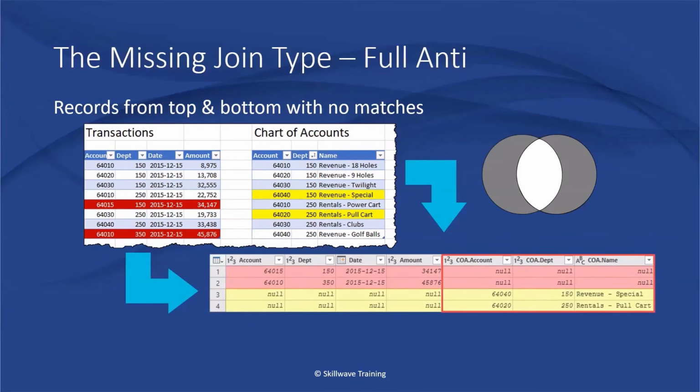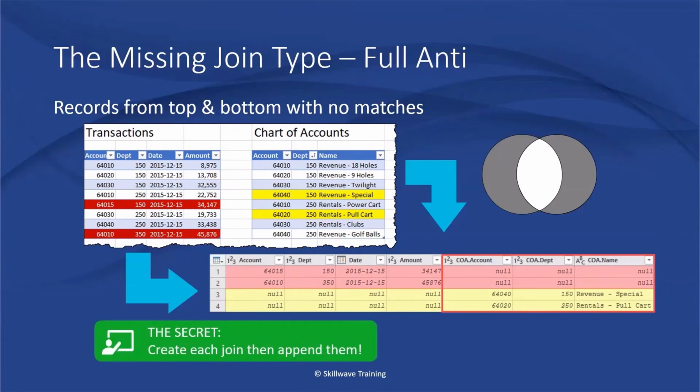The secret though, actually not that hard. You build your left anti-join, you build your right anti-join, and then you append the two together. So it's not too difficult to build. It's just that you have to know you need to do it. It's unfortunate there's no default for this because it's such a useful join if you're doing any kind of reconciliation